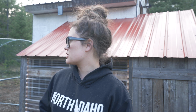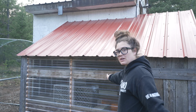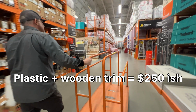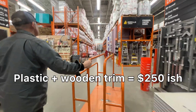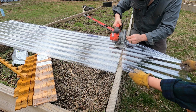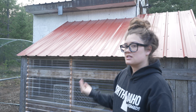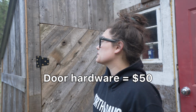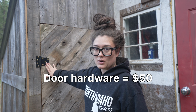The most expensive part of the build for us actually was the clear plastic back here. We just had to completely purchase new plastic. I think we went to Home Depot and I want to say we spent about $200 on that. I'm gonna have to go back and check receipts. And that included the clear plastic and the little wooden pieces that you slide underneath so it's kind of a seamless fit. The other thing that we had to purchase for this build was the hardware on the door,